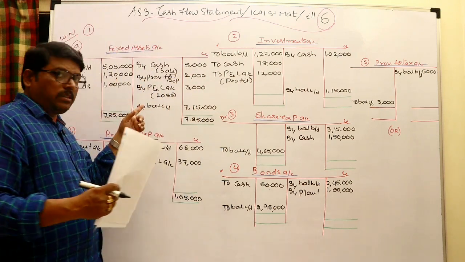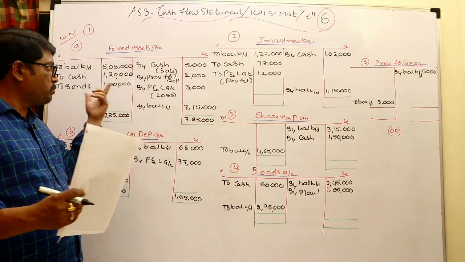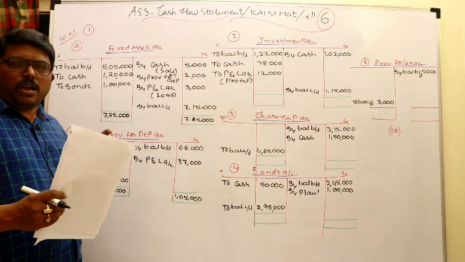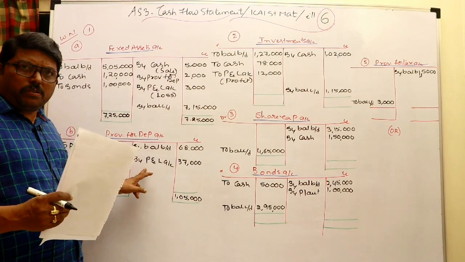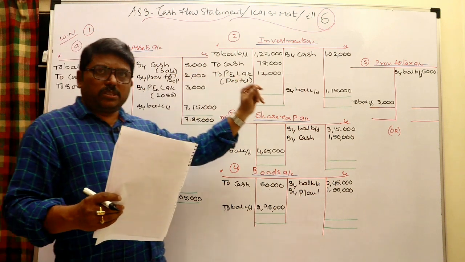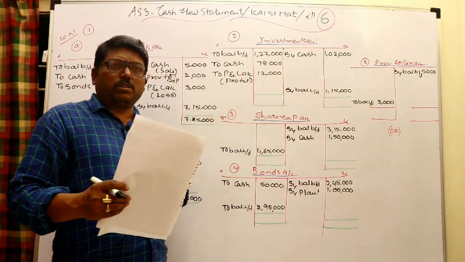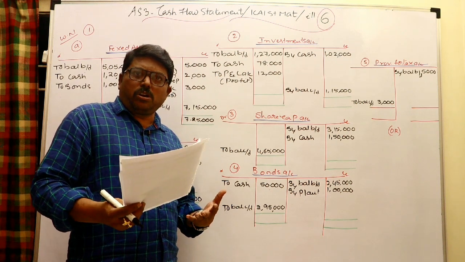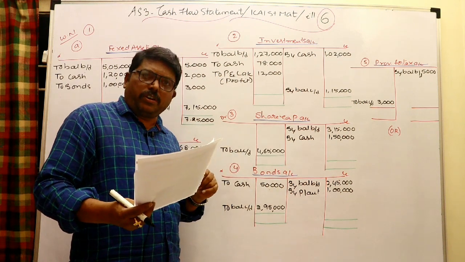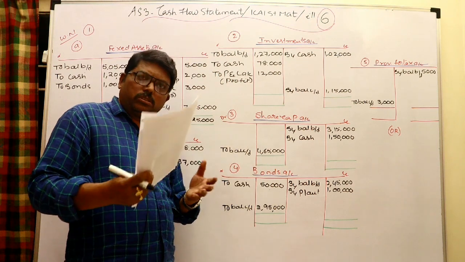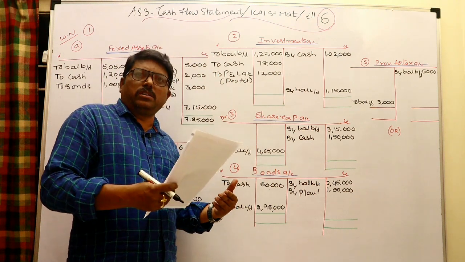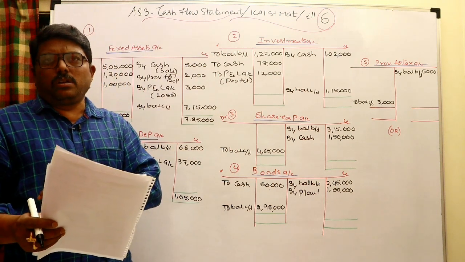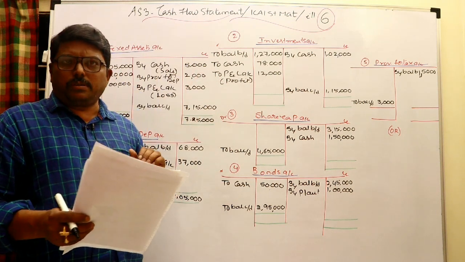If purchase, sales, cash received by sale of investments, cash paid for purchase of investments are not given, you need to work out. Current year depreciation not given, you need to work out. Purchase and sale of investments not given, you need to work out. And how much share capital was pooled during this year, not given, you need to work out as a missing figure. And bonds, how much issued during the year or repayment done is not given. But all the information is straight away provided in the working notes, so straight away you can take it into the cash flow statement also.